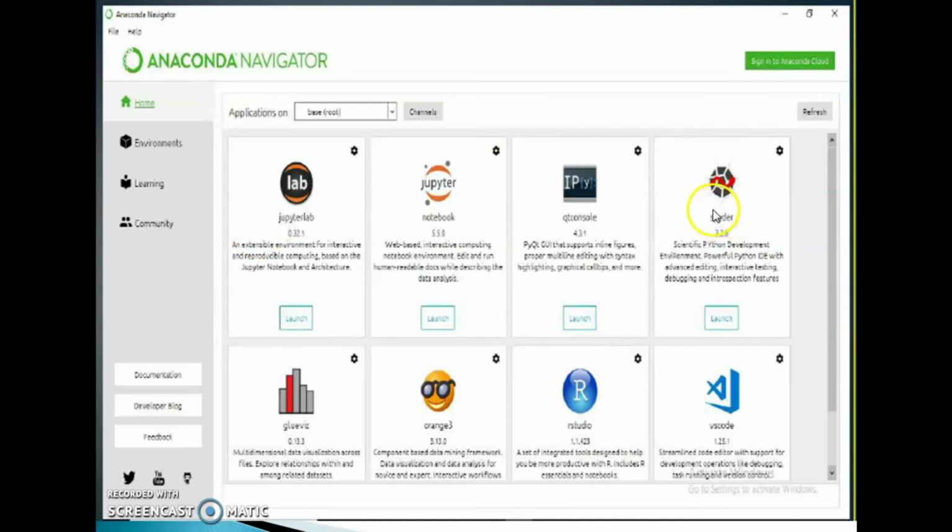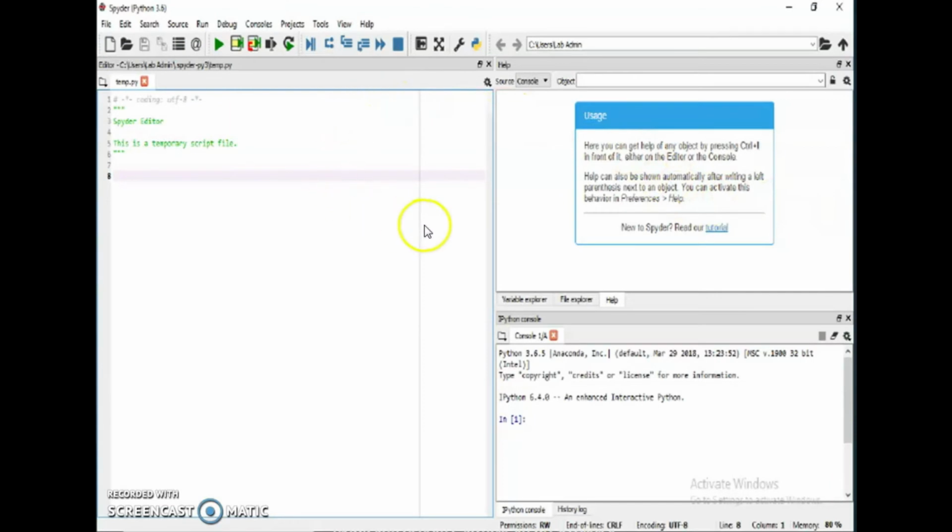Then when we click on the Spyder IDE, we can see a window like this. This is the Spyder window. All the things are included in this. Here, this one is the Python IPython console, that is interactive mode. We can save our file by using this editor. Clear? All the windows we can see in the same window itself, that is interactive mode and script mode. All the things we can see from this Spyder installation itself. Clear?